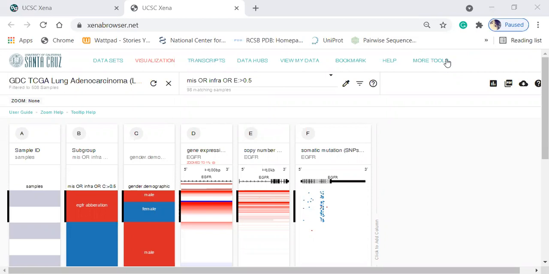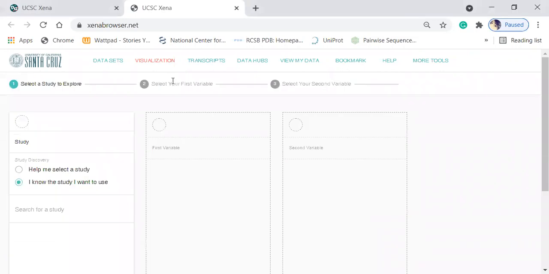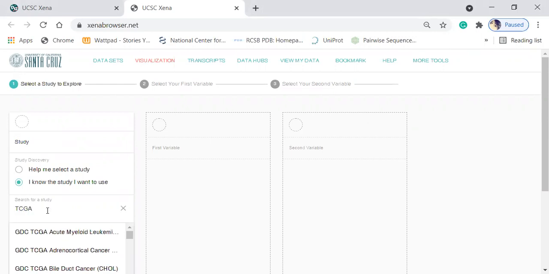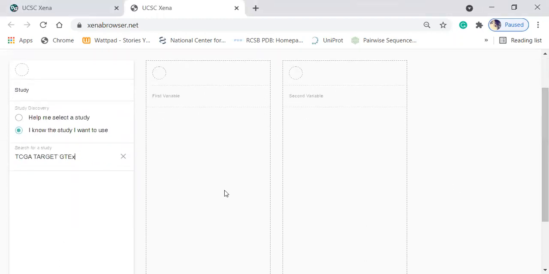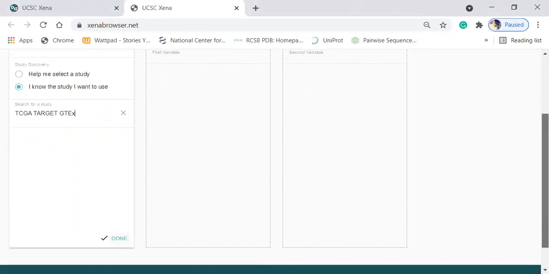To do so, we have to visit TCGA TARGET GTEX. This is what we use to show tumor versus normal gene.